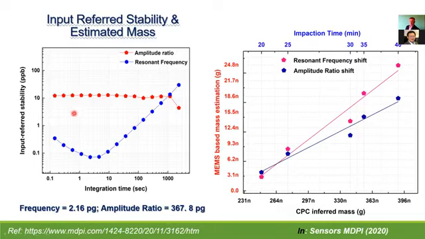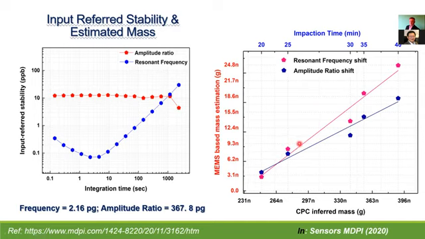If you look at this graph, it is also clear that the amplitude ratio stays stable for long-term measurements, whereas the resonant frequency fluctuates, proving that the amplitude ratio output metric is a better one for long-term measurements of these ultrafine particles. And here this graph shows the mass estimated based on the coupled MEMS resonator equations that were calculated,